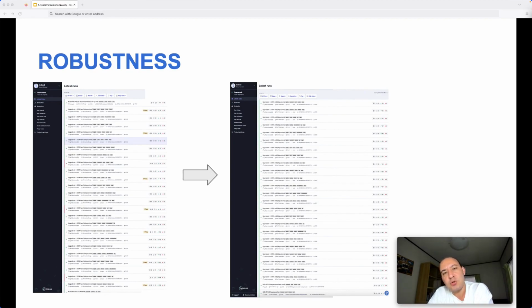First of all, we can improve the robustness of the test case after doing some comprehensive analysis. And what is the way to do this comprehensive analysis? Of course, first of all, we should be able to see all the test results. It should be visible, and all the executions should be transparent enough to make a comprehensive analysis. Because not only the last execution, but also with a detailed test history, I can see all the results, and I can observe in which execution the test failed and in which others it passed. So I can see how frequently it is failing or how flaky it is.